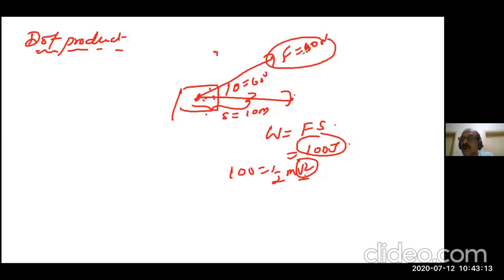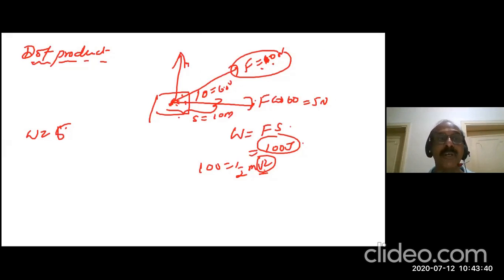Here we have to resolve the vectors. Now we studied how to resolve vectors. If you are exerting 10 Newton here, this force will be F cos 60 if the angle is 60. That means only 5 Newton is available in this direction. Is it clear? The remaining part will go to the vertical component. Now if you are calculating work, force is equal to 5 Newton, or we can write F cos theta. Force directly you cannot write as F; you have to take F cos theta, and into displacement.